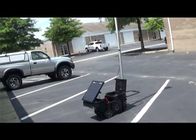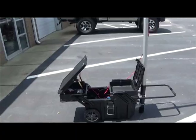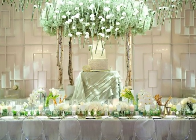I'd like to take just a couple minutes to talk about our newest product, which is the Tailgater 1000. The Tailgater 1000 is a portable power unit that can be taken anywhere and utilized for power and lighting. Take it to a football game, take it to a wedding event, or to set up a wedding event, a party in your backyard, multiple scenarios,